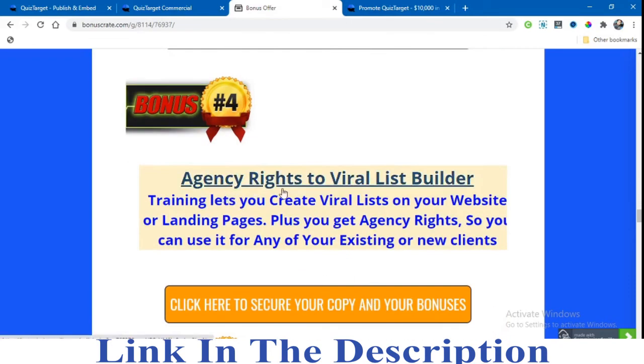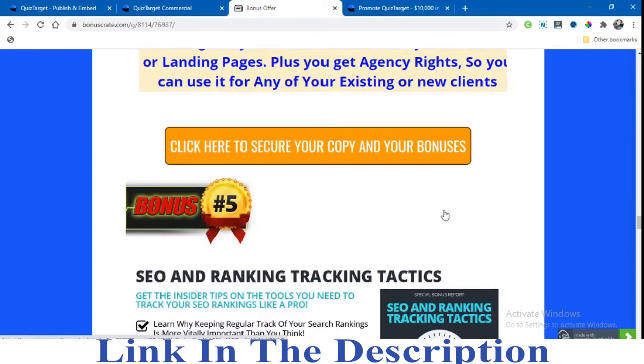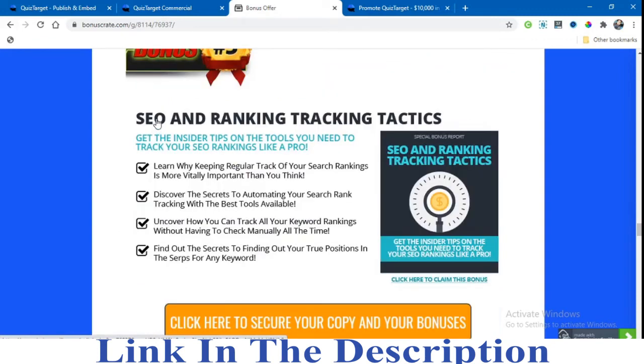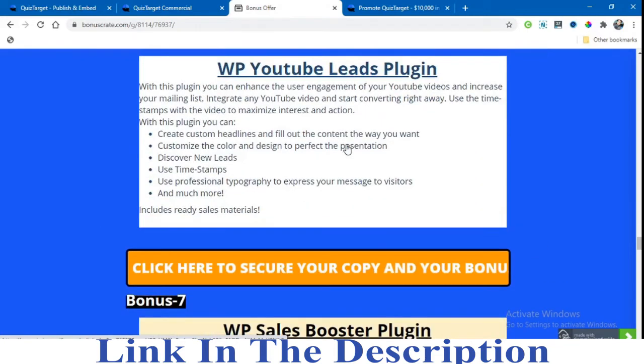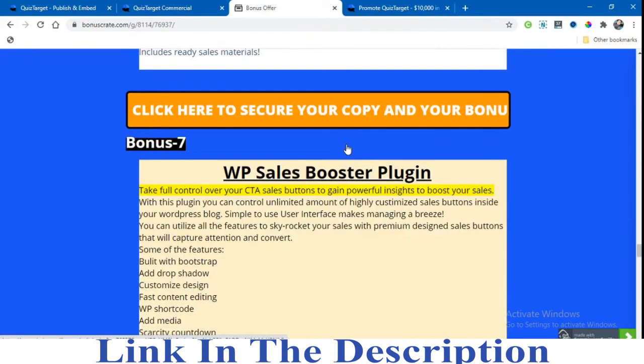Next is Agency Rights to a Viral List Builder. Next is SEO and Ranking Tracking Tactics. Get the insider tips on the tools you need to track your SEO ranking like a pro. Next is WP YouTube Leads Funnel. Next is the WP Sales Booster plugin. Take full control over your CTA sales button to gain powerful insights to boost your sales.